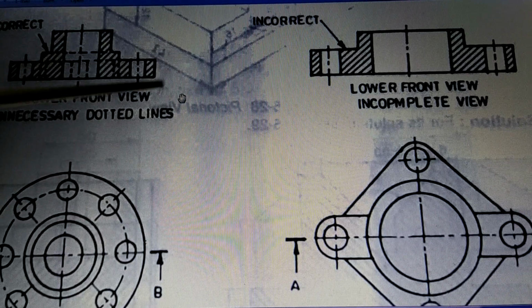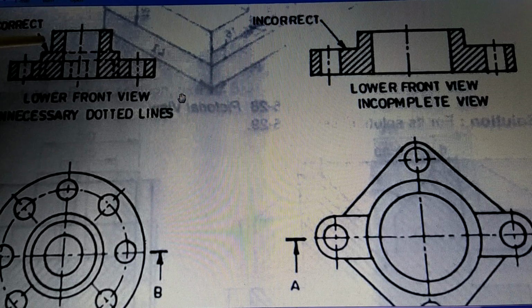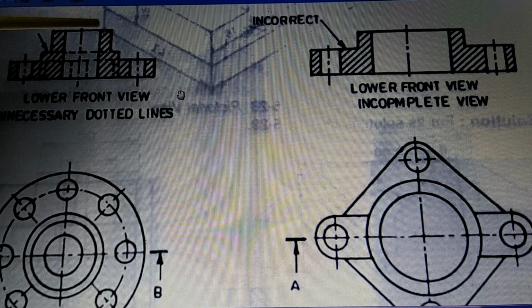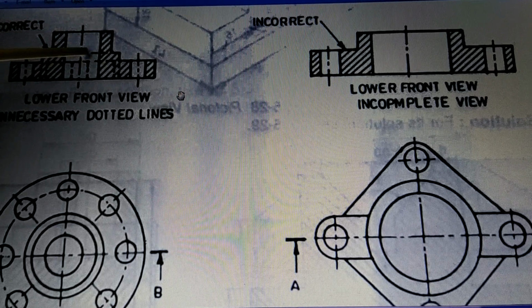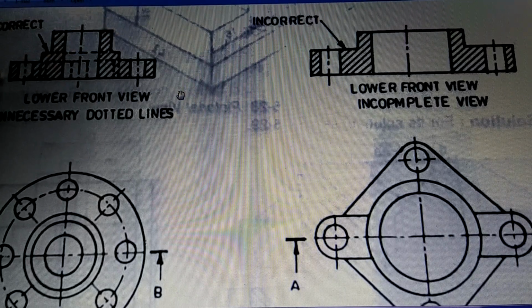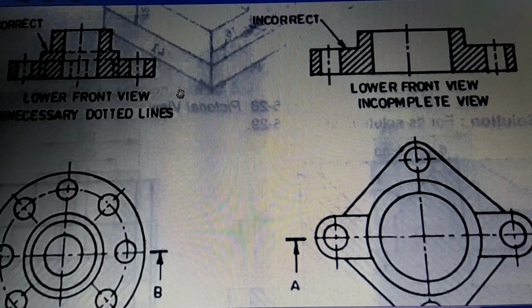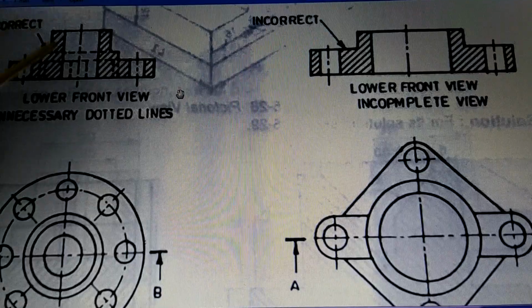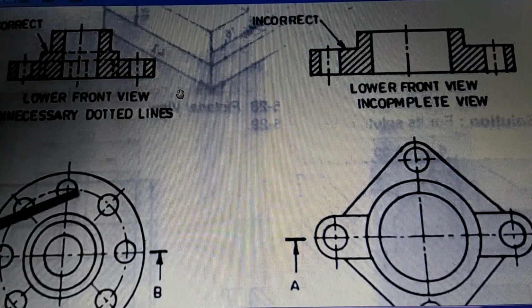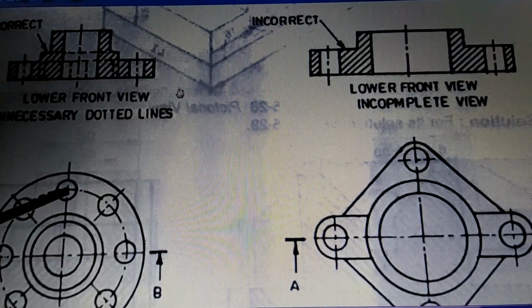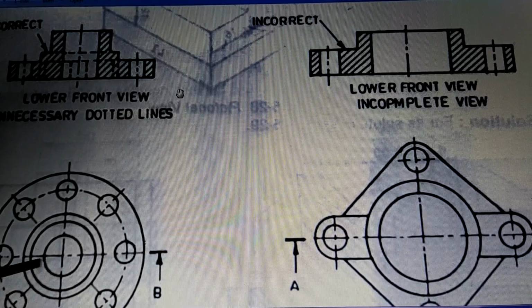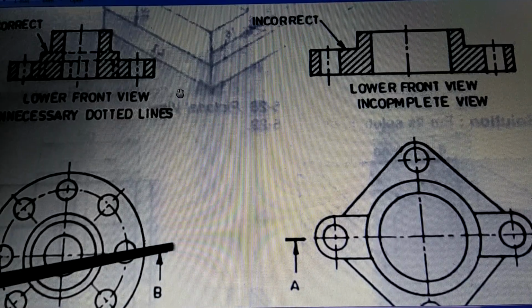Remember, in the sectional view like this, the dotted lines are not drawn. Either they are coming in the sectional area or they are coming somewhere else. In the entire view, dotted lines are not to be drawn. The reason is we are not interested in what is present behind. We are interested only in what is present along this plane where we are cutting.